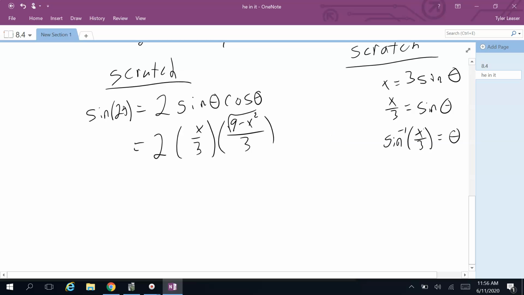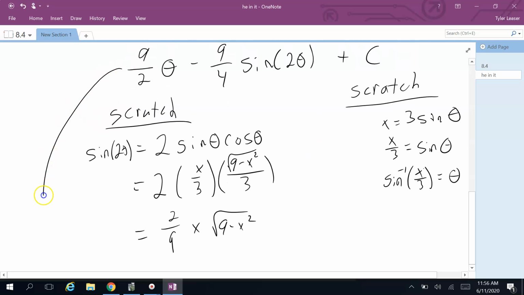All right, and then we can just simplify this down a little bit. So we have a 9 on the bottom, so we're going to have 2 ninths, and then just x times the square root of 9 minus x squared. This is what we're plugging in, remember, for sine 2 theta. So just starting back here,